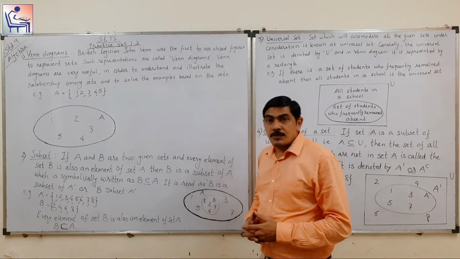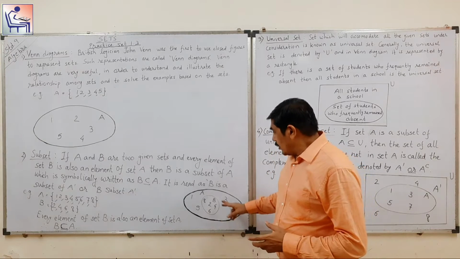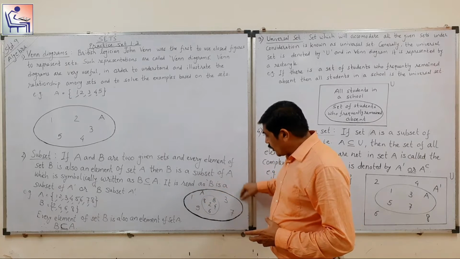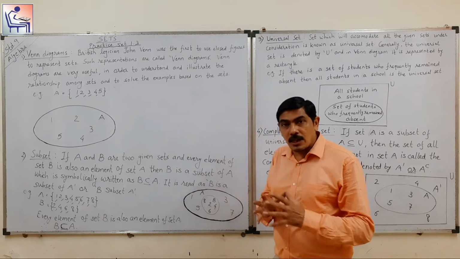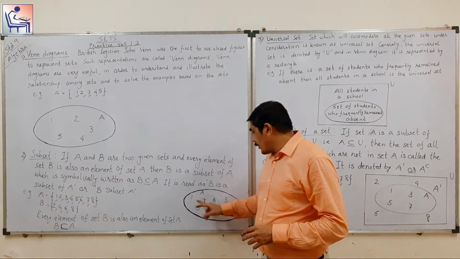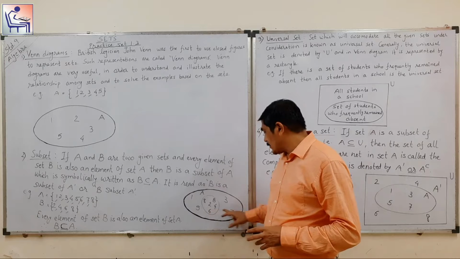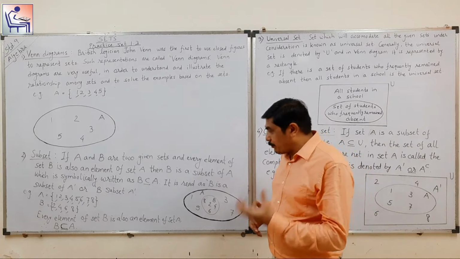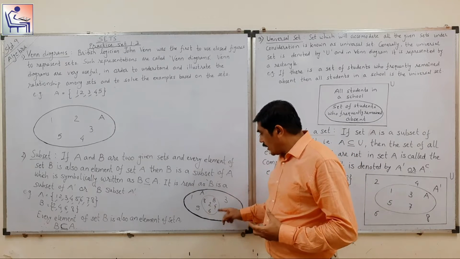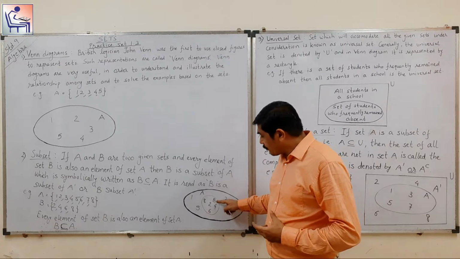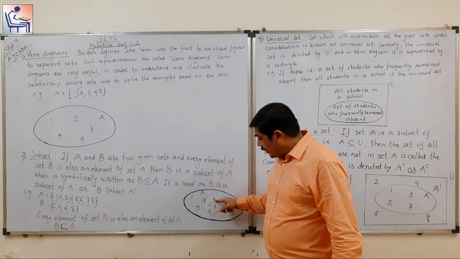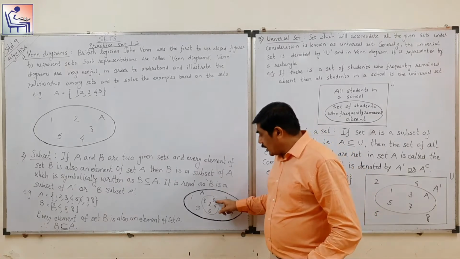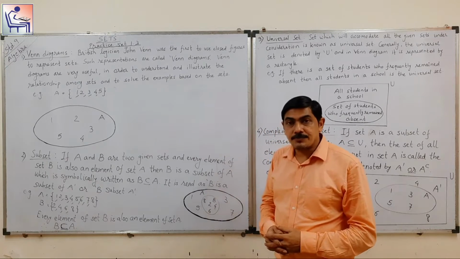Now in the Venn diagram, that also you can understand. Here the set A and set B. Now here if you notice the overall set A, in that set A all the elements are there, that is 1, 2, 3, 4, 5, 6, 7 and 8. But only some elements which are in set B, that we have drawn inside set A and the name given to it is set B, and the elements of set B are 2, 4, 6, 8. So here we can say that set B is a subset of set A.